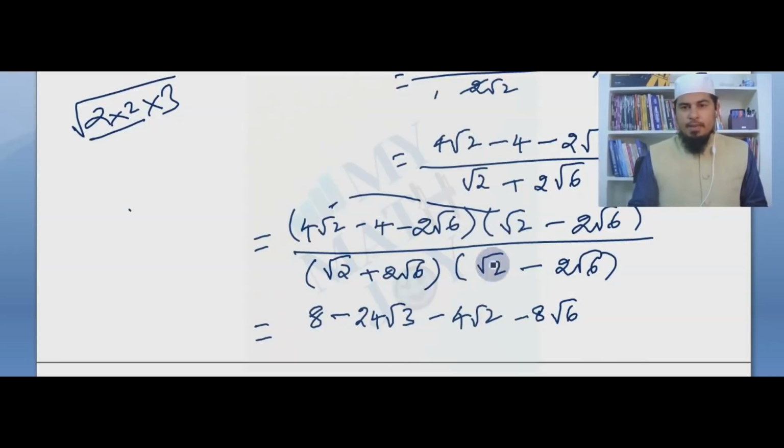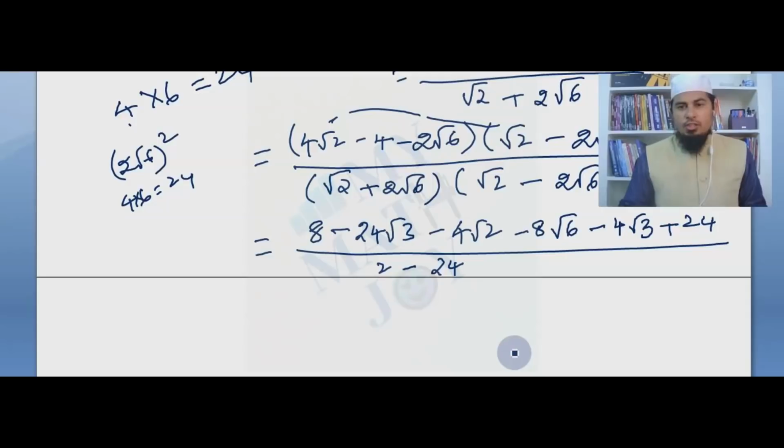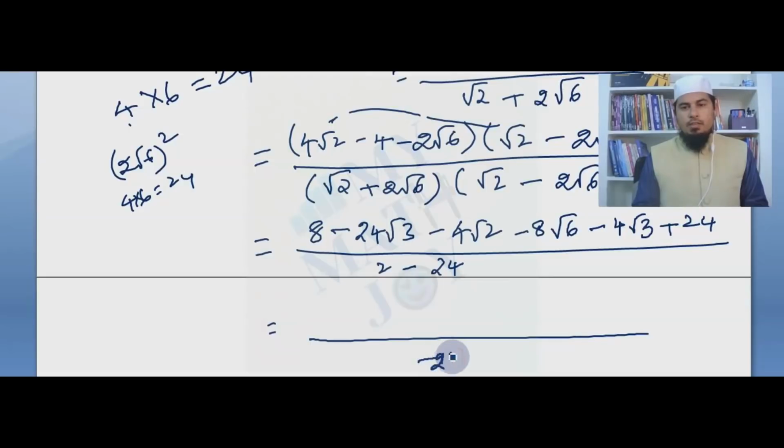So 2 root 6 multiplied by root 2 is minus 4 root 3. 2 root 6 multiplied by 2 root 6, minus times minus is plus. 2 times 2 is 4. Root 6 times root 6 is 6. 6 4 is 24. We get 24. Exactly in the denominator is going to be a plus b into a minus b, a square minus b square. Root 2 square 2. 2 root 6 square exactly. 2 square is 4. Root 6 square is 6. It's 24. And is there any like terms in the numerator to be simplified? We'll see. Minus 22 in the denominator.